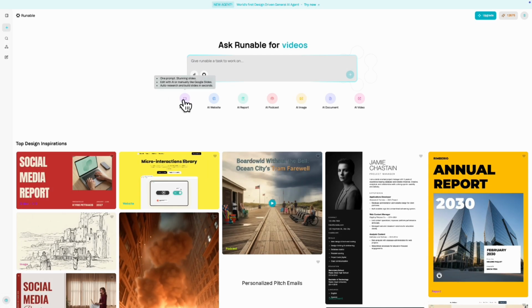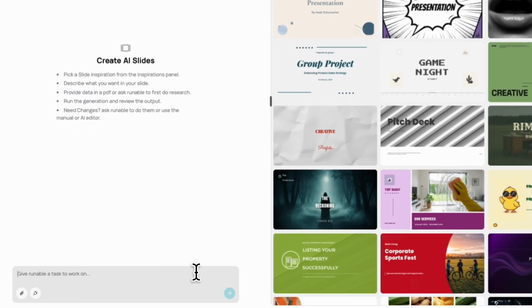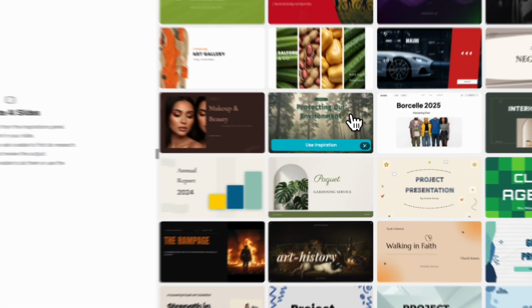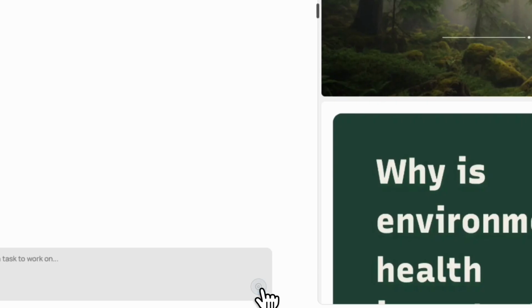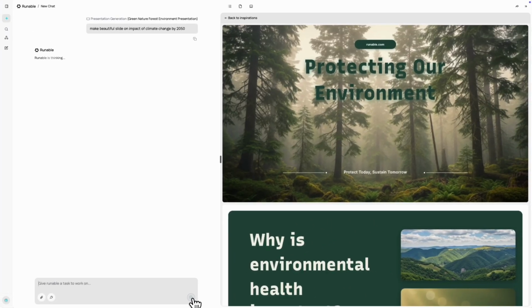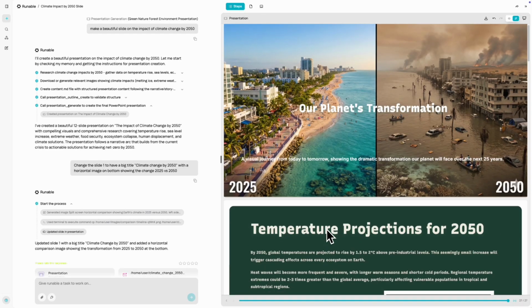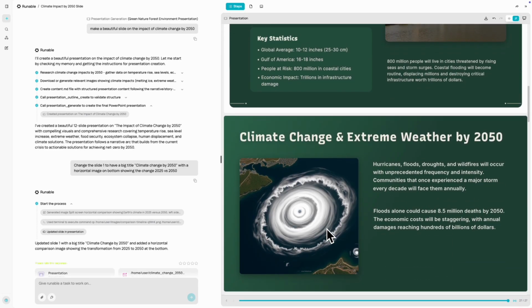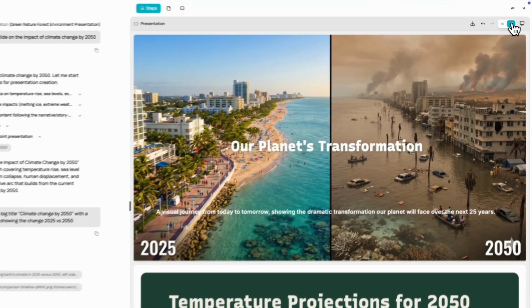Head over to AI Slides on Runable, enter your prompt, and choose the inspiration that looks best for your topic. We'll go with this one. Now hit run and wait about a minute while Runable generates the perfect output for you. And there we have it. Looks fantastic. If you need to make any changes, just click the Edit button and select the image or text